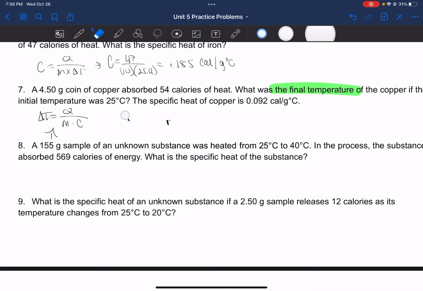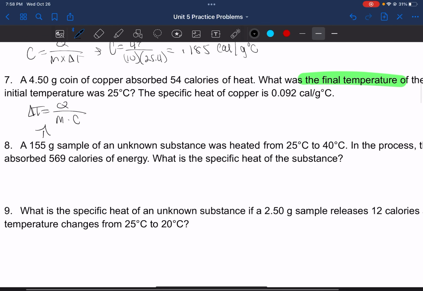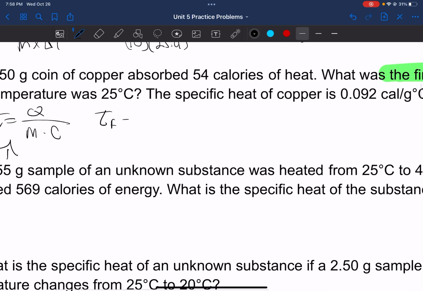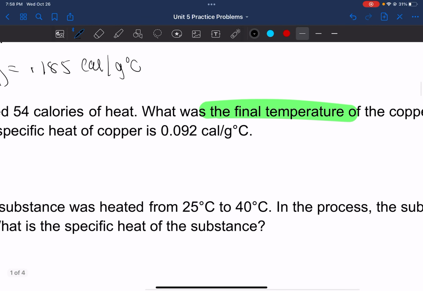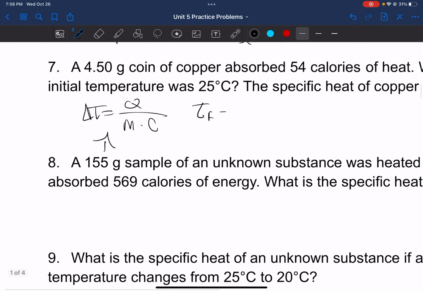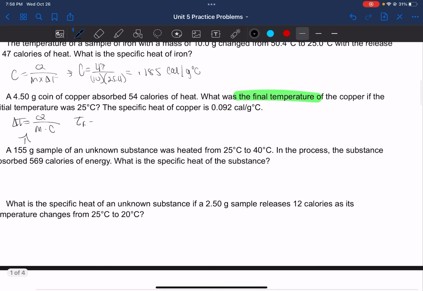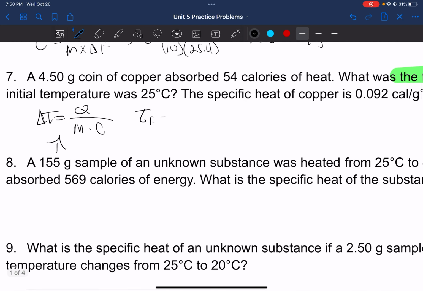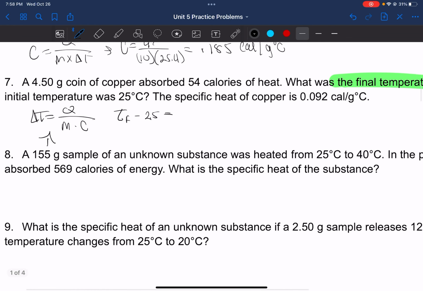Okay, so instead of having delta T there, we'll insert TF minus 25. What is that final temperature? So we're looking for TF. TF minus 25 is equal to the calories